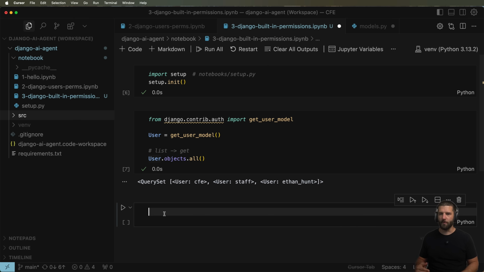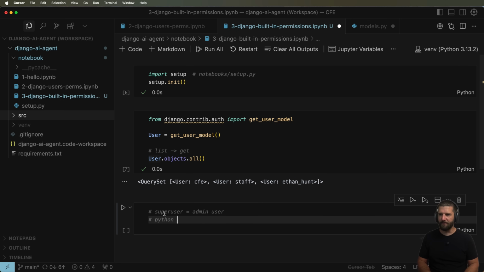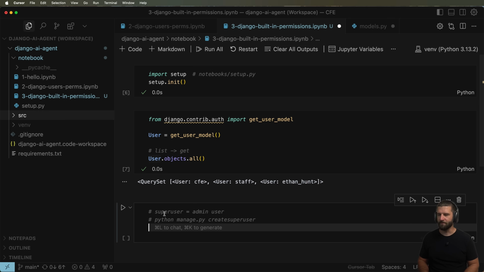So first and foremost, let's take a look at what our superuser has permission to do, what their permissions are. First off, the superuser is going to be basically the admin user, right? So superuser equals admin user, and you probably don't want to have too many of them. If you recall, we created this user with python manage.py createsuperuser, which is also the same thing as doing